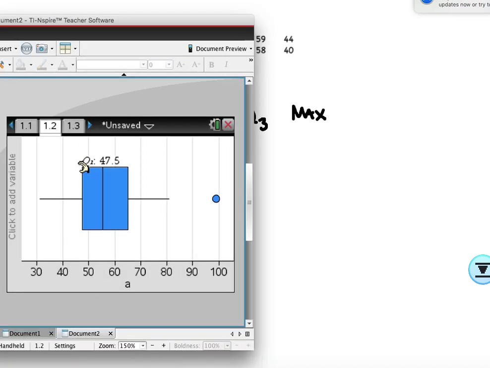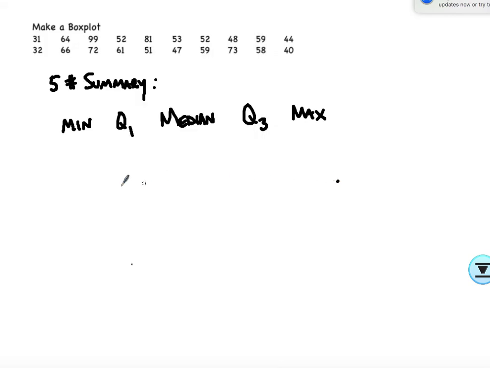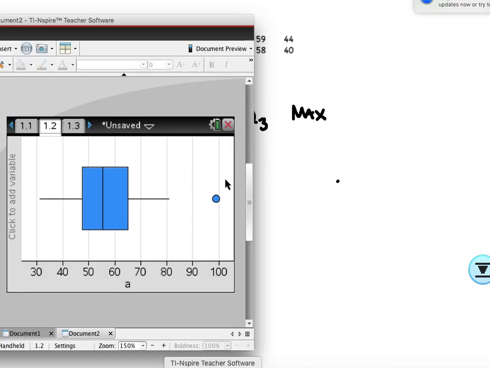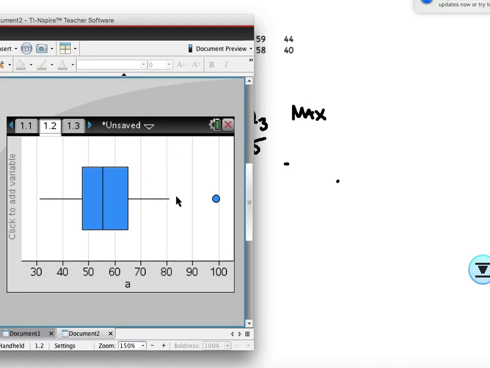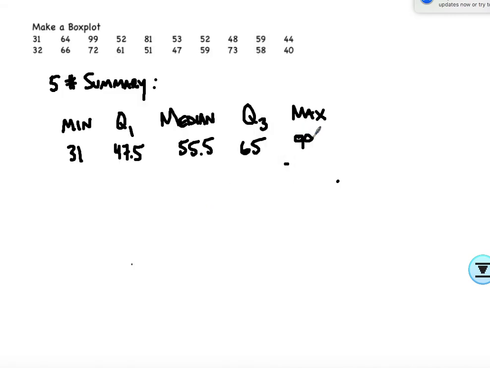Minimum was 31, then 47.5. The median was 55.5, and the Q3 was 65, right? Yep. And then the maximum, even though it's an outlier, it's still the maximum. The maximum is 99. And we have an outlier